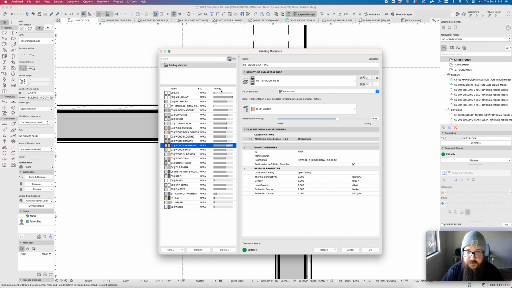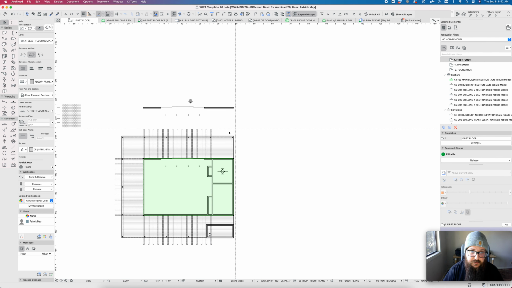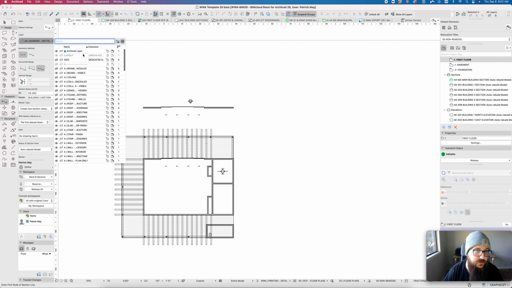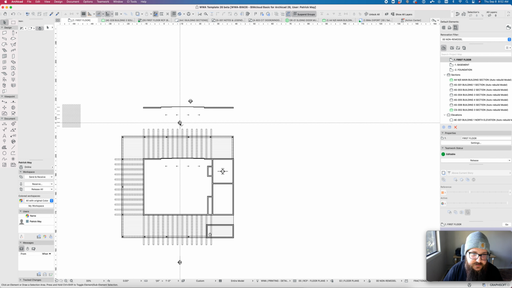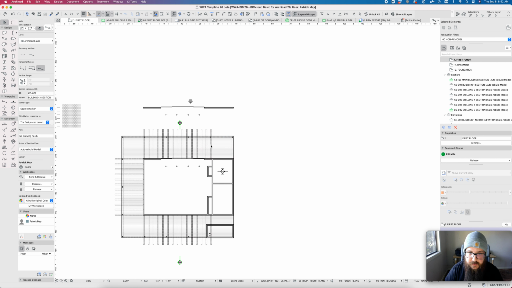Now the important thing about these building materials is this priority. This is the order that they intersect with each other. So if we look at, we have a slab here, for example, and if we look at a section through that slab, let's just go ahead and drop a section in here. Let's put it right here. This is what defines how walls react to each other, how slabs react to walls, how slabs react to each